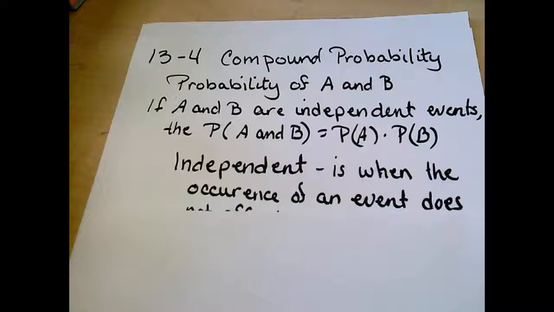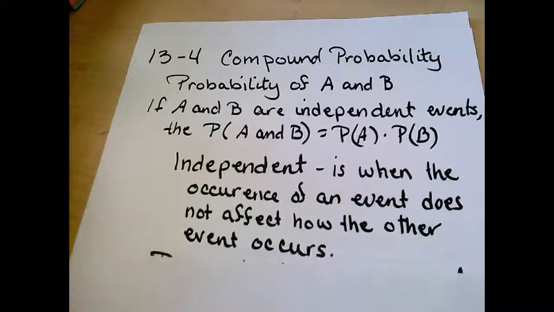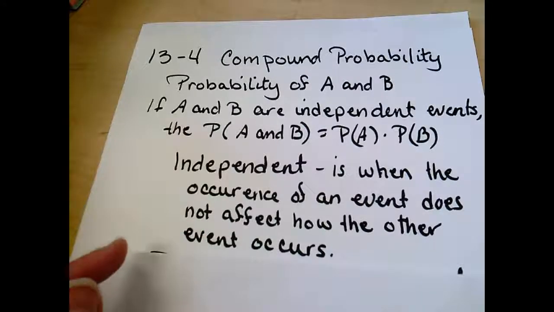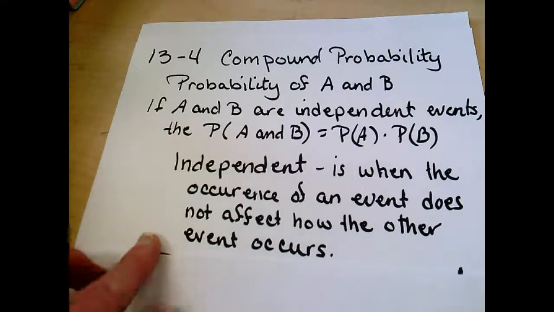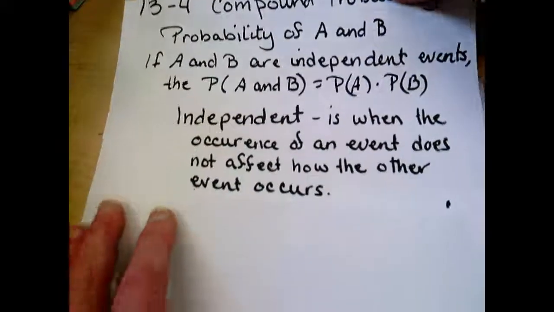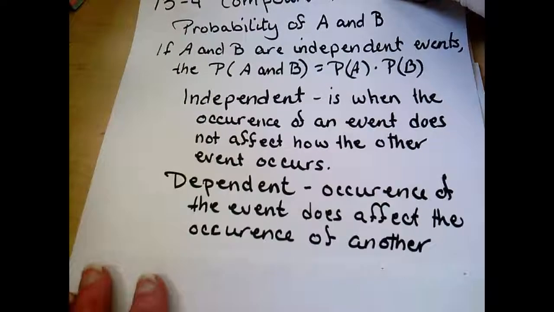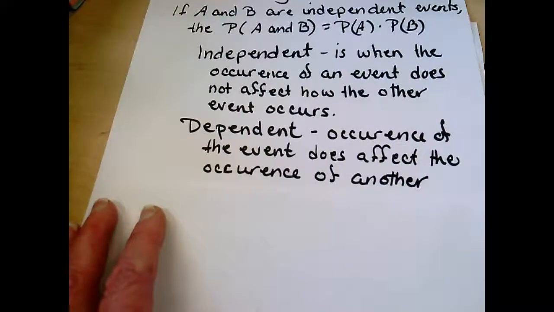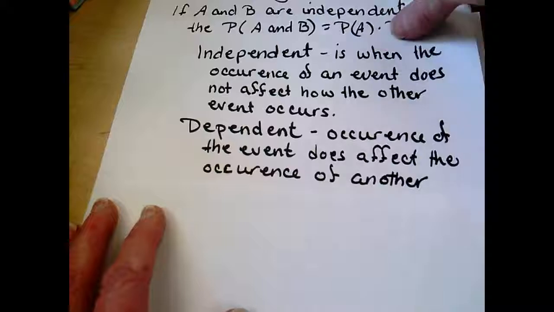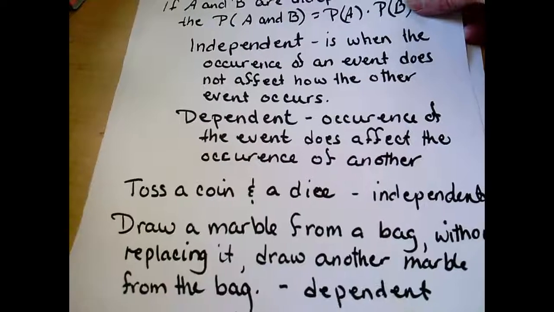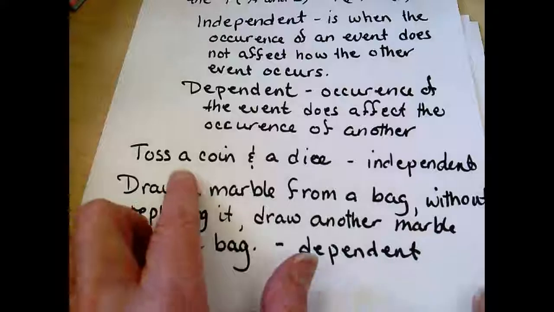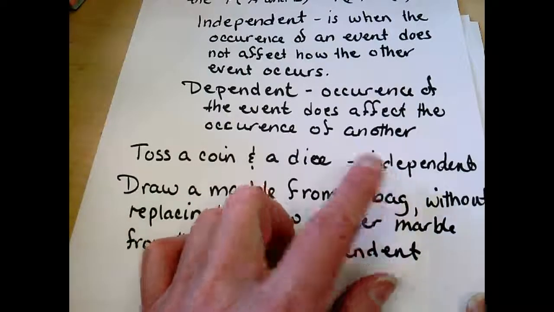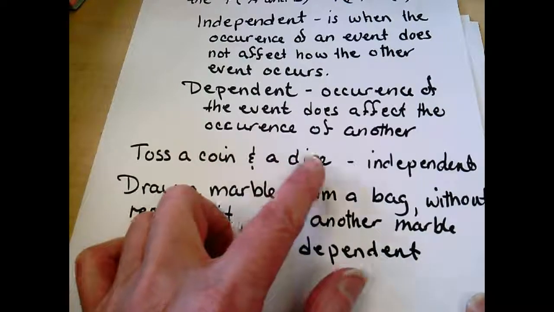To be an independent event, it is when the occurrence of an event does not affect how the other event occurs. If it is dependent, the occurrence of the event does affect the occurrence of another. So as examples of that, if we toss a coin and a dice, those are independent. Tossing the coin and tossing the dice does not